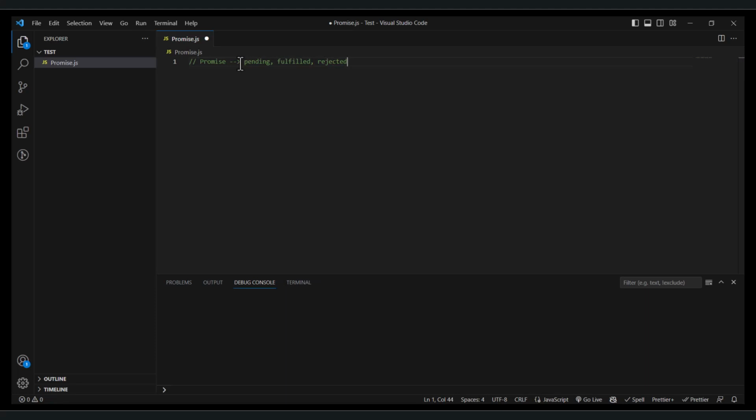Let's create a simple example of a promise. Imagine we want to fetch some data from an API, but we don't know how long it will take to get the response. Here's how we can do it with promises. Okay, const, for example, fetchDataPromise equal to new Promise. I used a JavaScript snippet pack